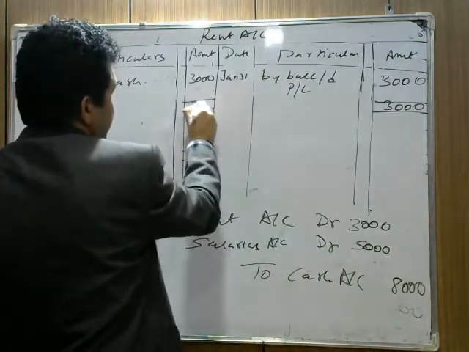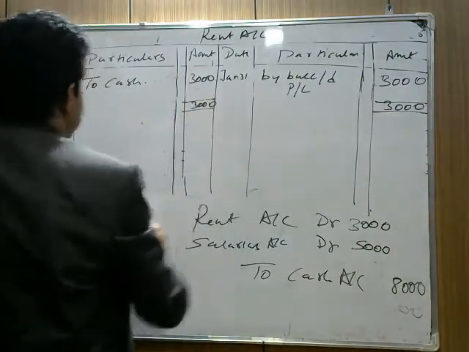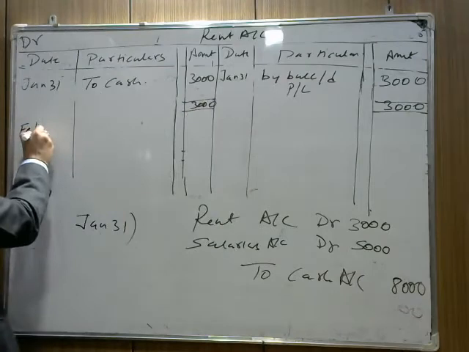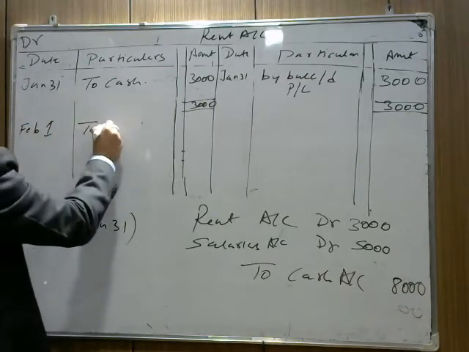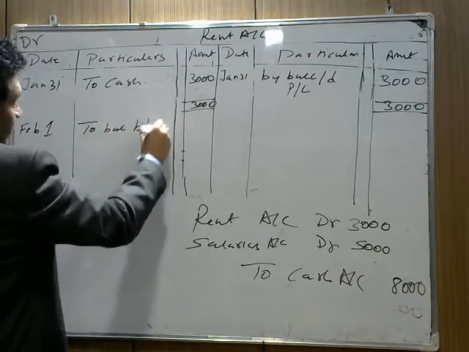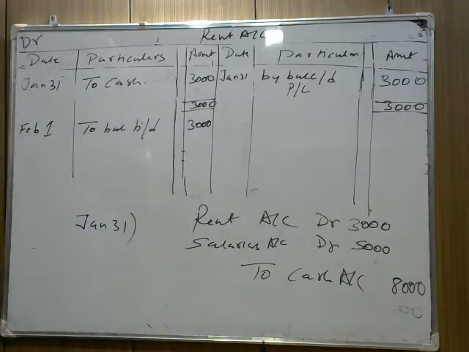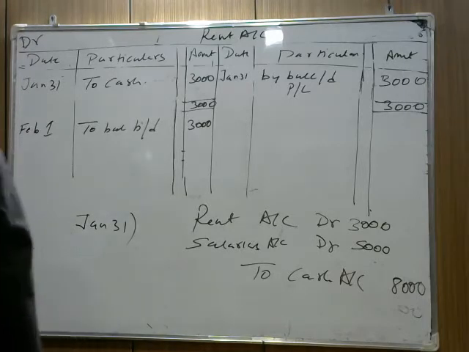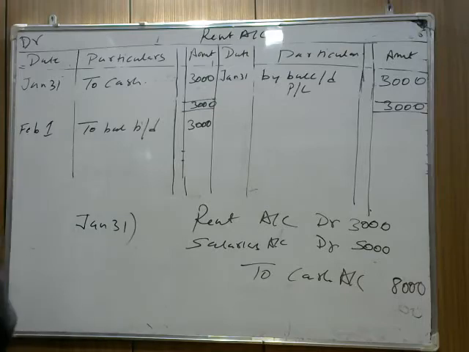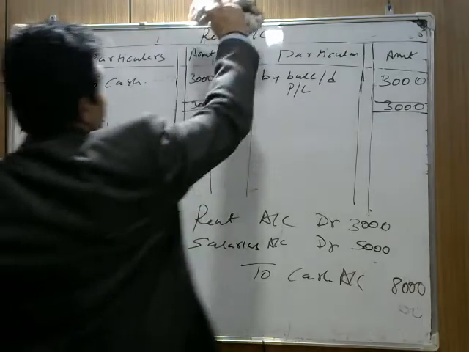Here's close 3,000. What is the opening for Jan 31st? Is the opening for Feb 1st. We write to balance b/d and we write the amount 3,000 because हम अपने फाइनल अकाउंट में जब मेंशन करेंगे हमें रेंट में खर्चा कितना हुआ है, 3,000 रुपीज का रेंट में खर्चा हुआ है क्योंकि वो हमने रेंट पे किया था कैश में. तो we write to cash account rent. Next is salaries account is also there. We prepare salaries account here now.